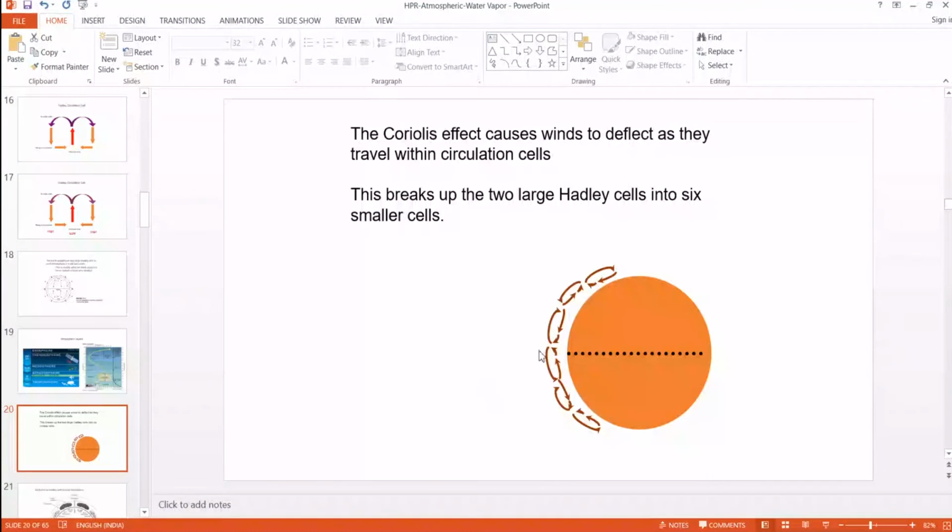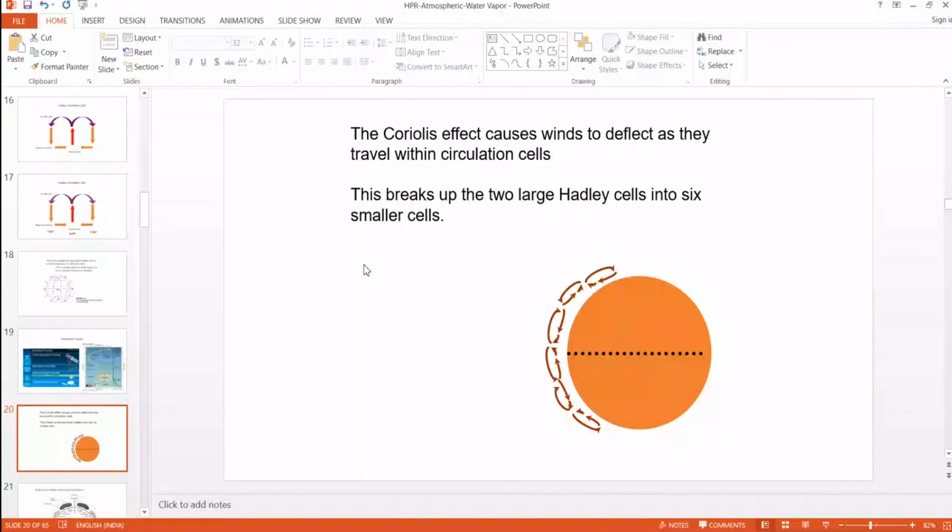Since Earth is rotating, there is a Coriolis force. What is the Coriolis force? Because Earth is rotating, it has an angular velocity. The angular velocity is constant, but the linear velocity differs. The linear velocity will be very high at the equator, and very low near the poles. Due to this variation of the linear velocity, when winds blow, they blow in a curved shape. That is called the Coriolis effect.